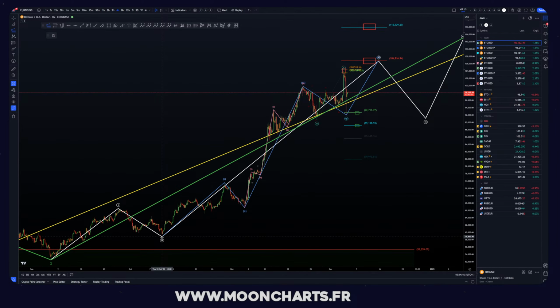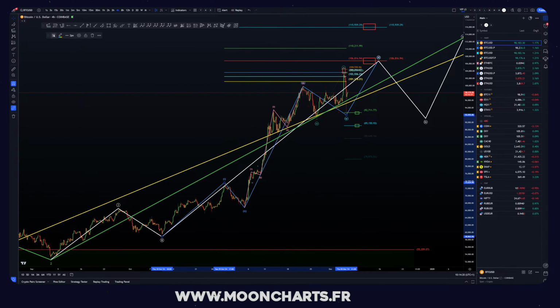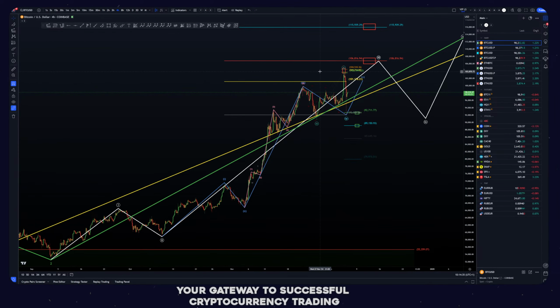Simply take the extension tool, click first on the wave 1 root, second on the wave 1 top, and third on the wave 4 bottom. From here, add the wave 5 target, so to speak, here, 0.618. But again, that brings us here with a wave 5 that's top before the correction top. You can see it's above the wave 3 top, yes, but before the correction top, so it's very less likely.